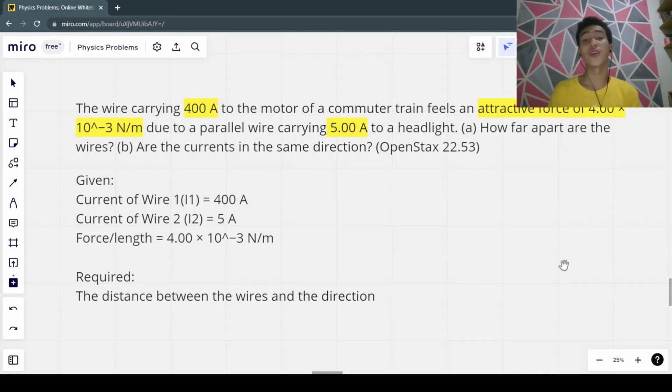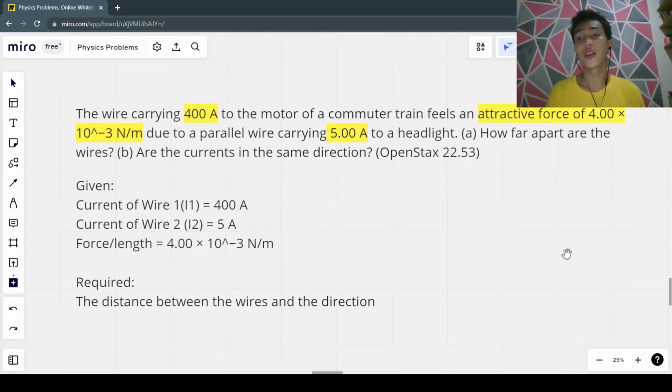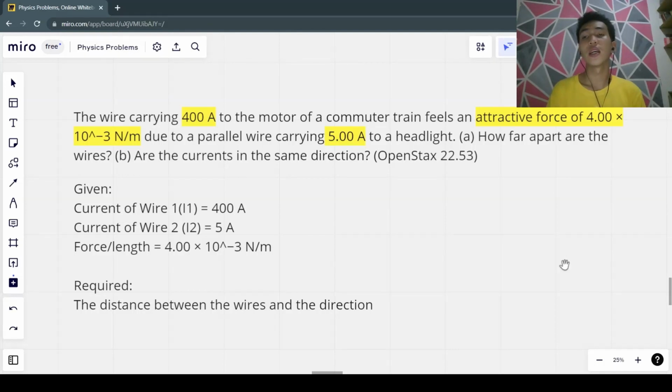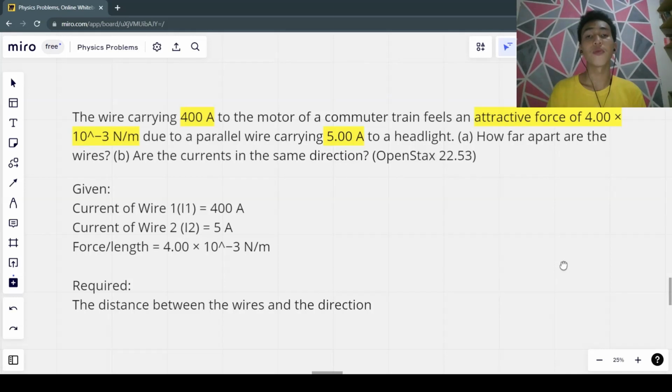So we have here our last solving problem. So if you want to give it a try by yourself, just pause the video. So let's proceed in answering this problem. So we have here the wire carrying 400 amperes to the motor of a commuter train feels an attractive force of 4 times 10 raised to negative 3 newtons per meter due to a parallel wire carrying 5 amperes to a